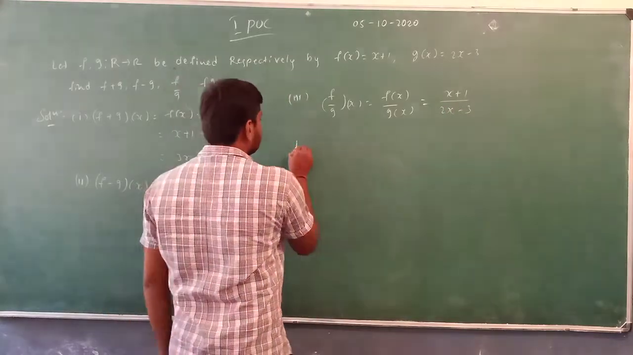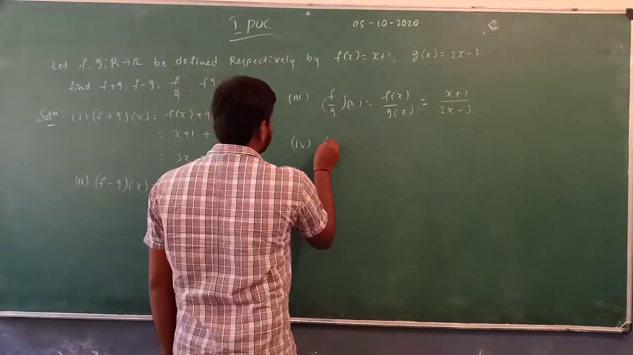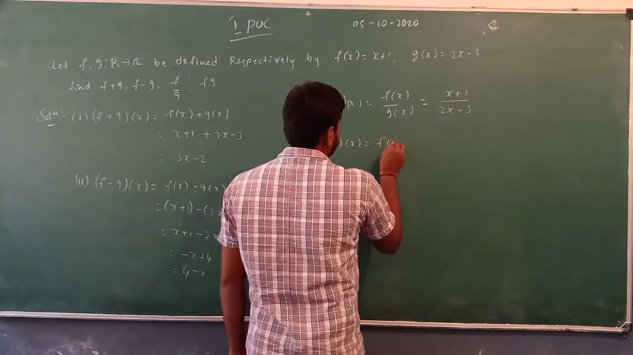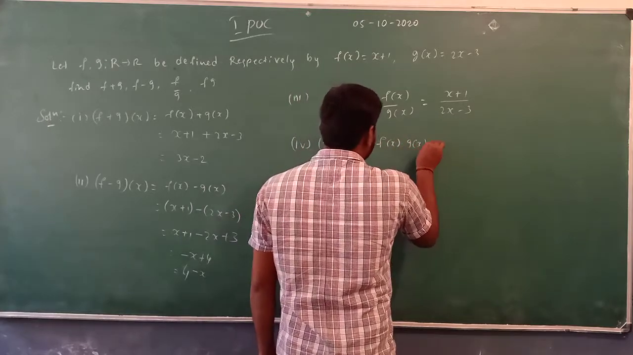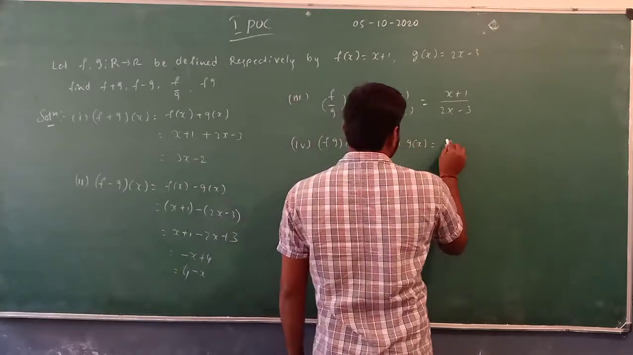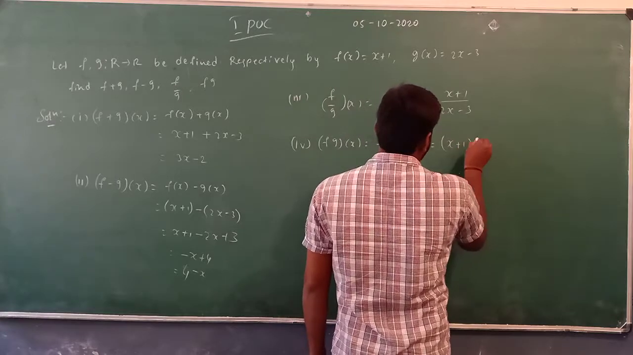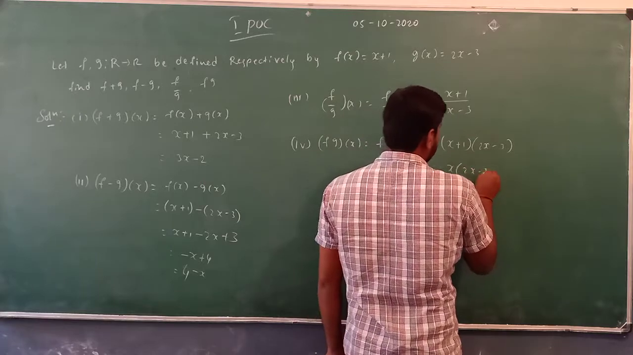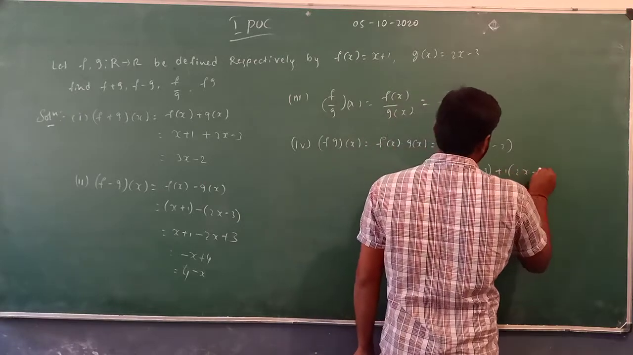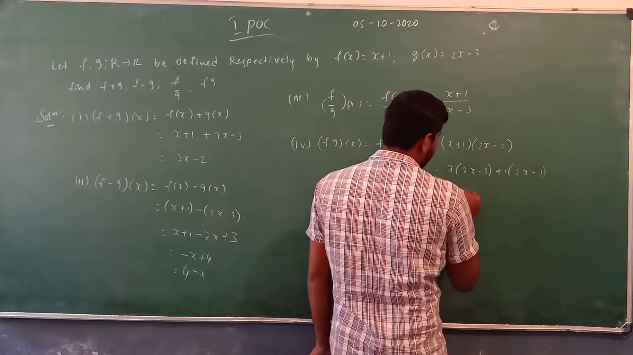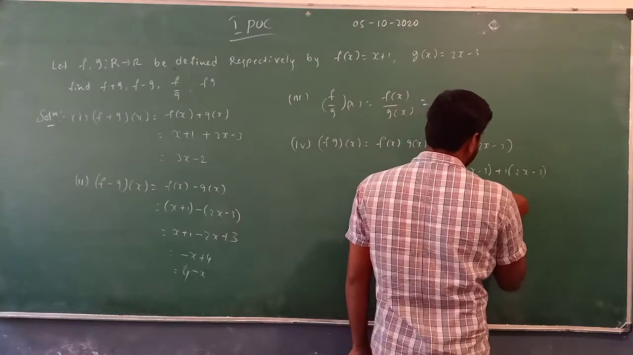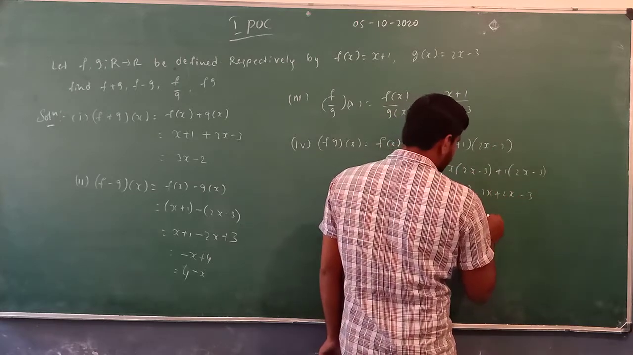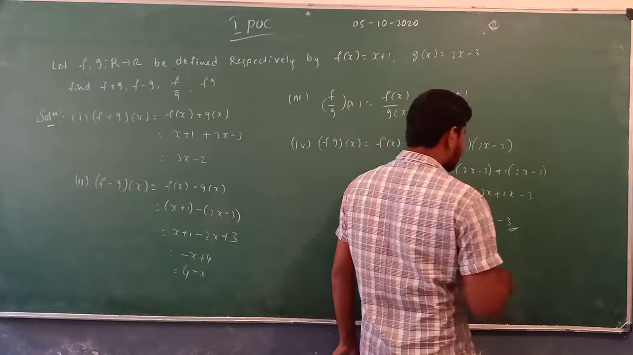Then the fourth one, fg of x, so that's going to be f of x into g of x. What is the value of f of x? That's going to be x plus 1 into 2x minus 3, so we can write x into 2x minus 3 plus 1 into 2x minus 3, so that's 2x square minus 3x plus 2x minus 3. So here 2x square minus x minus 3